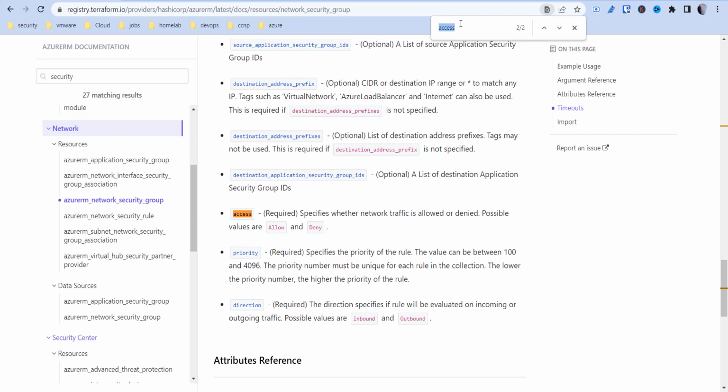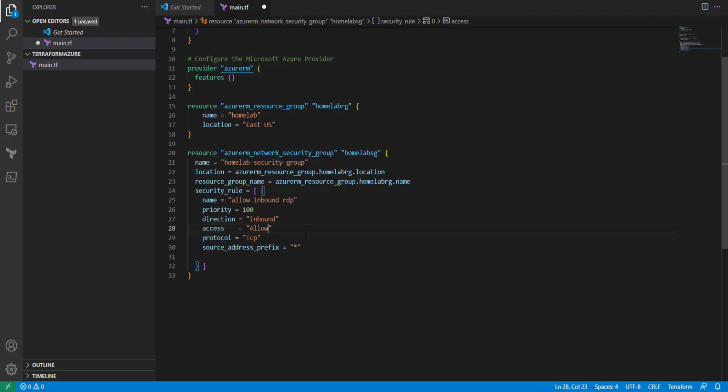So it's almost like a Boolean, true or false. You've got direction, inbound, outbound. So make sure to come in here and find some of these things. Some of these things I already know just from doing this before. So now that we have that here, let's see what else. We don't need this. I'm not sure why. Direction, destination, port range. We need our port range. So let's see, destination port range equals